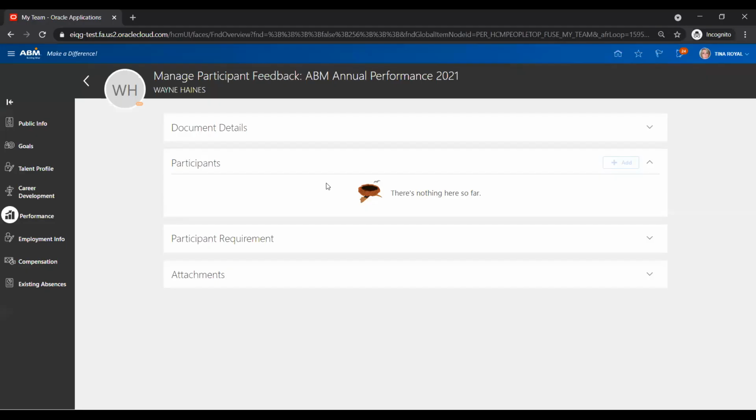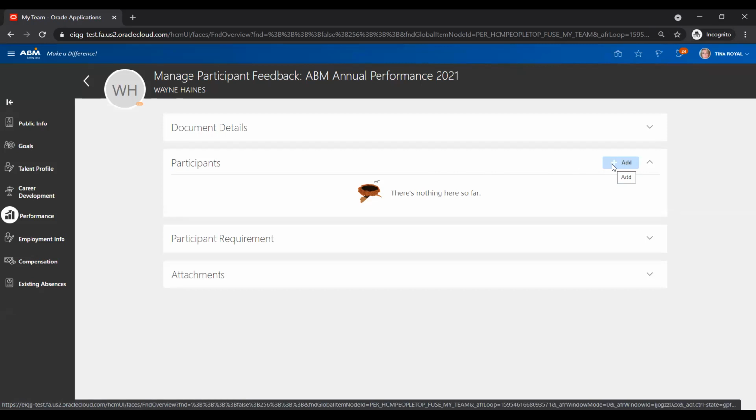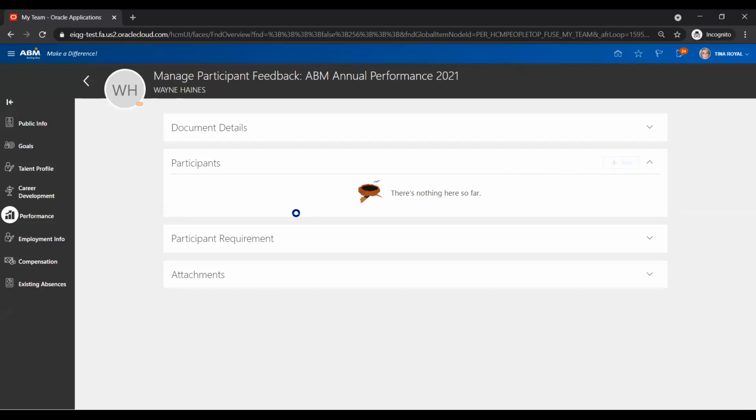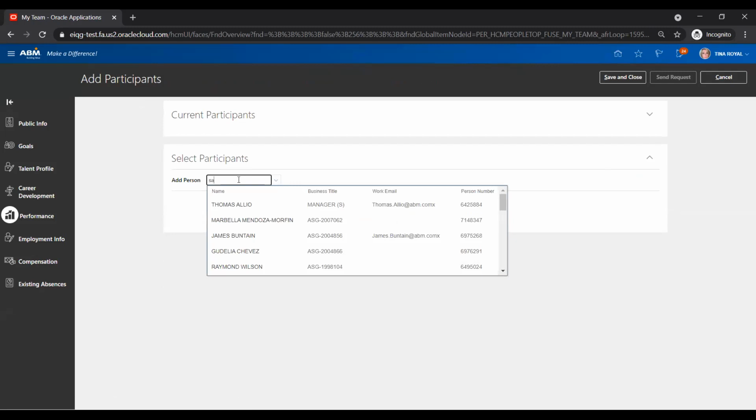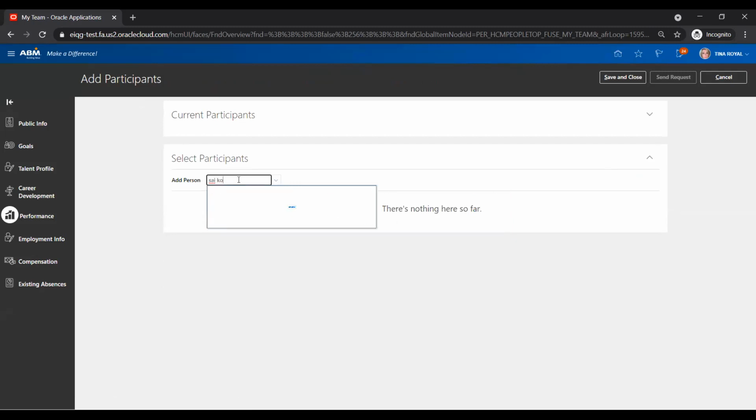On this page, the manager, who's Tina Royal, can also ask outside of her team, like other managers, for feedback on this particular person, that is Wayne Haynes. So this is how she does it. Clicks on add, and then she can ask another line manager, because this team member of hers was working for another team for like 3 months. So she's going to select that particular participant who can be a line manager,